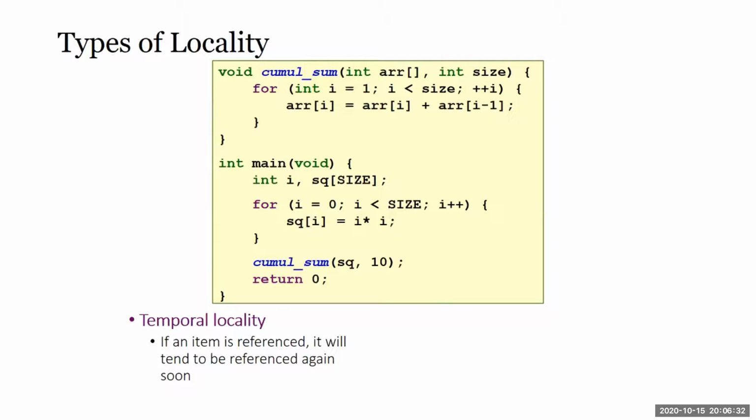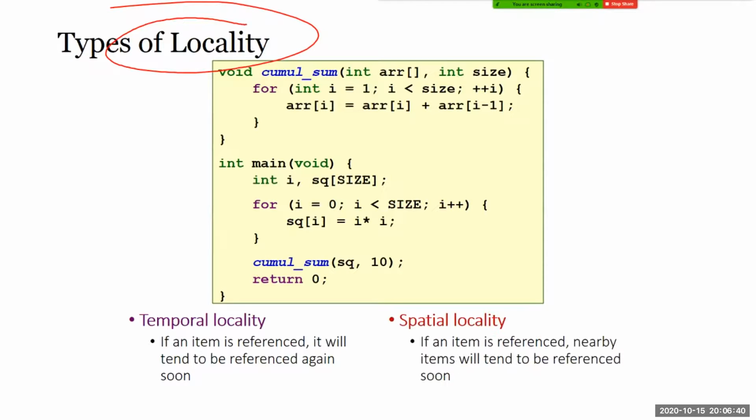So there are two types of locality. One locality I mentioned earlier on is the so-called spatial locality. If an item is referenced, nearby items will tend to be referenced soon. Just like in the library analogy, if the librarian sorts the books properly and they're related, I go to this book and pull it out. The books on the right or left of this particular book, high chance are related to the same material, so very high chance that the books will reference each other.